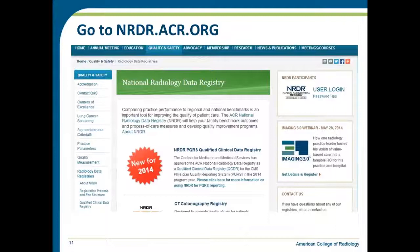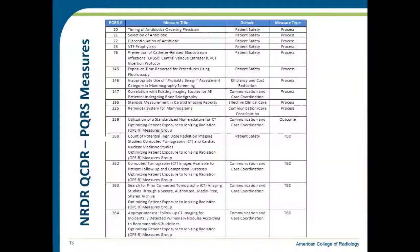So that's the NRDR website, nrdr.acr.org. You should find pretty much everything you need over on this page. As you see right on the top, we have a link for the Qualified Clinical Data Registry. If you click on that,